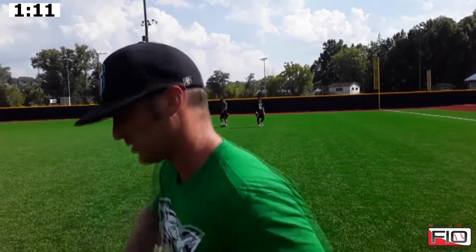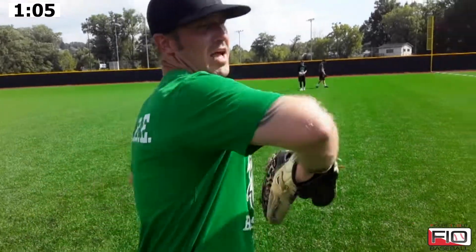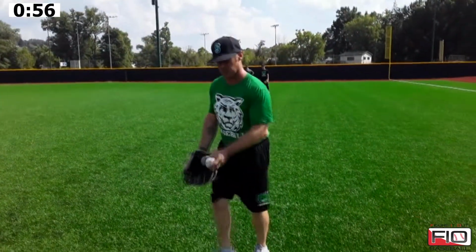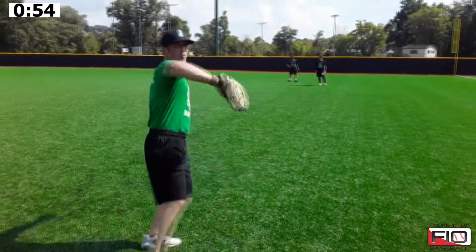And number two, you guys see how they planted, and it was just like we have shown on some of our previous videos with our drop steps on a misdirection, where it's a pivot, and you're taking yourself all the way back to where you're facing the infield, okay? On the surface, a lot can go wrong with this. You coaches out there, when you see your kids cut a ball off and they want to fly open,